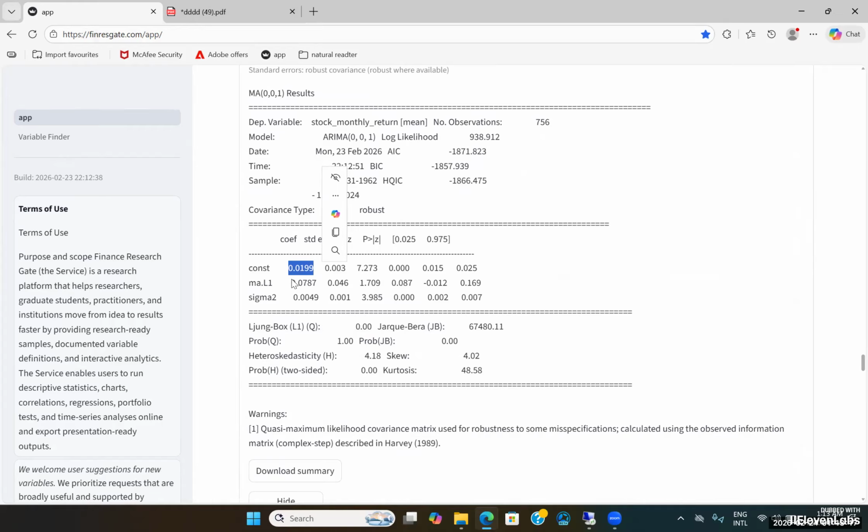And now, in the subsequent discussion, we will proceed to thoroughly examine and analyze the specific characteristics of the moving average term. Here, the moving average term's value is 0.07. The z-value, which is essentially equivalent to the t-value in statistical analysis, appears to be not particularly significant when we consider it at the conventional level. However, this z-value does hold some statistical importance if we carefully consider its relevance relative to a more lenient 10% significance threshold. However, we do not possess a sufficiently strong level of statistical significance.